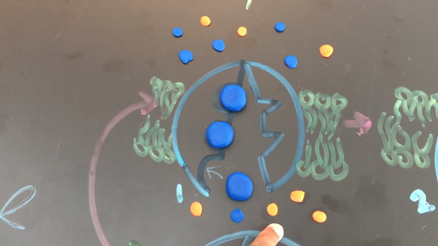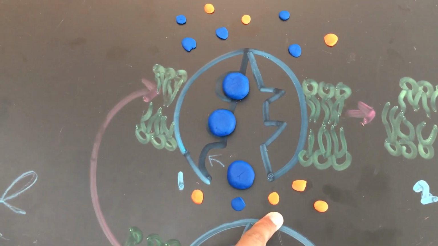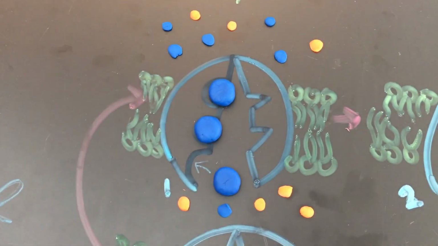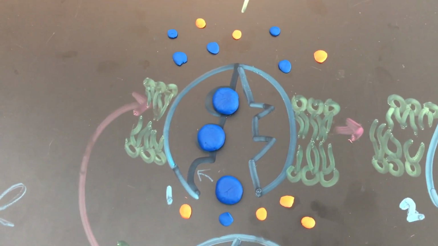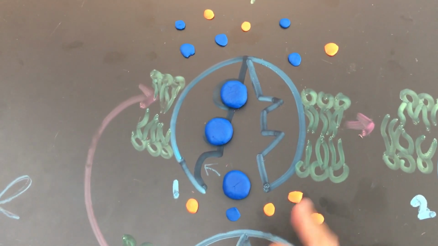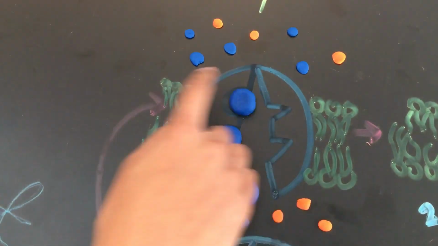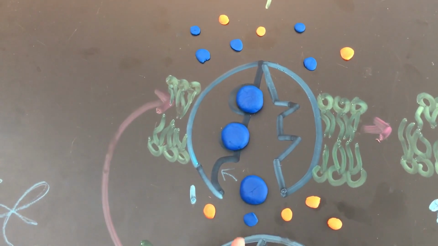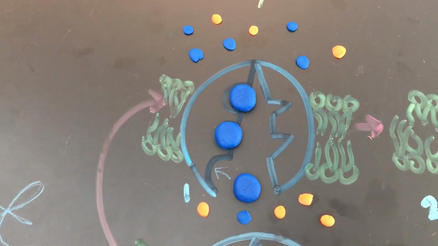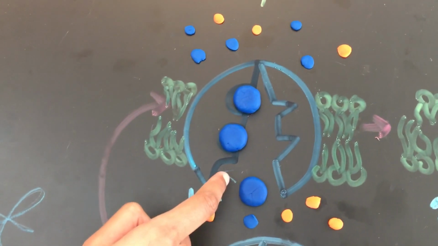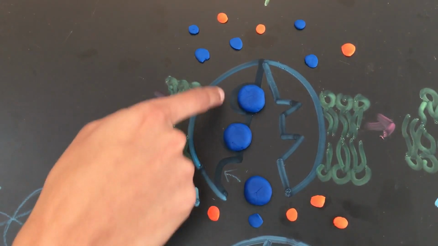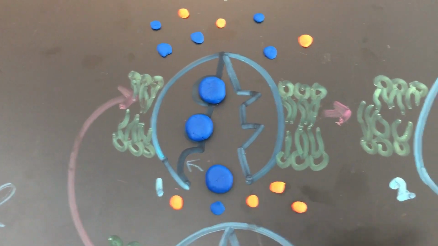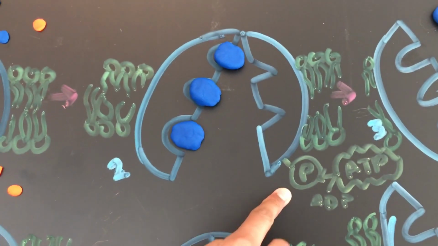And for every three sodium that leaves the cell, you have 2 potassium that enters the cell. And so the process starts off, in this example, with the shape of the protein having an affinity for the 3 sodium ions. So then 3 sodium ions bind to the shape that's provided, and this activates the phosphorylation by ATP,